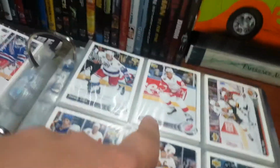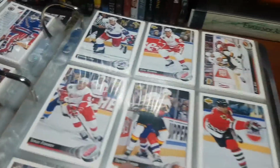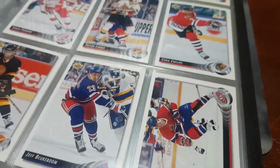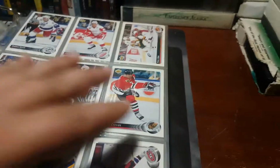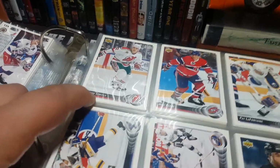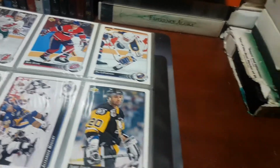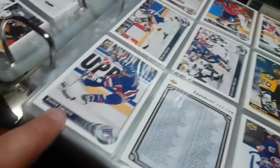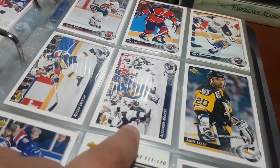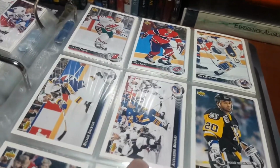Who else we got? Stevie Y, the Russian Rocket, Pavel Bure, Sergei Fedorov, Trevor Linden, Chris Chelios, Jeff Beukeboom, Denis Savard. The names on this page, oh my god. Claude Lemieux, even though I know a lot of people really weren't crazy about Claude Lemieux, still. Mike Keane, Pat LaFontaine, Darren Turcotte. Probably one of my all-time favorite Buffalo Sabres, next to all three men of the French Connection and Dominik Hasek, Alexander Mogilny,